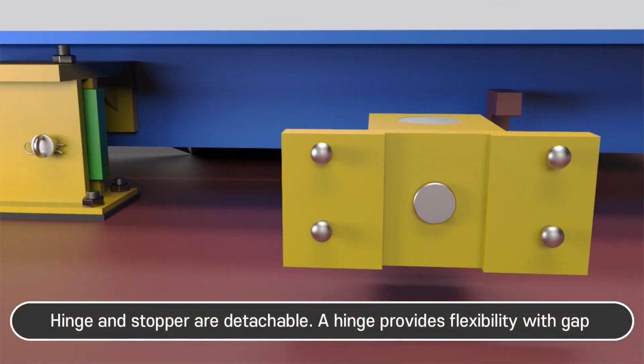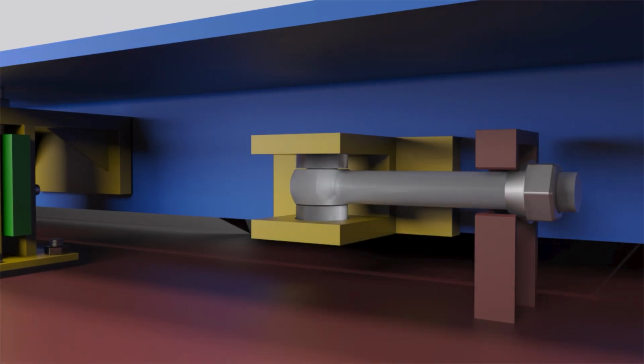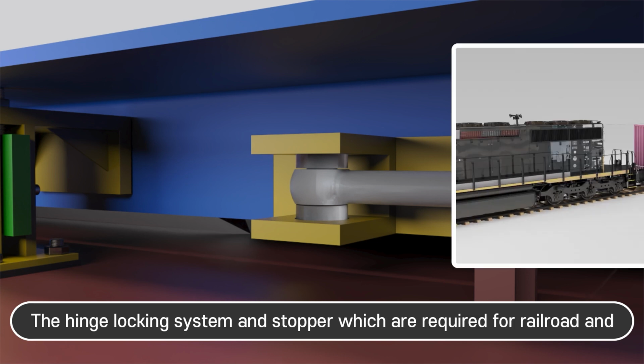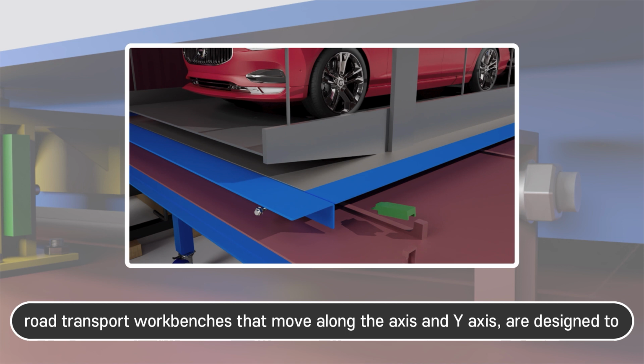Hinge and stopper are detachable. A hinge provides flexibility with gap. Use these as necessary. The hinge locking system and stopper, which are required for railroad and road transport workbenches that